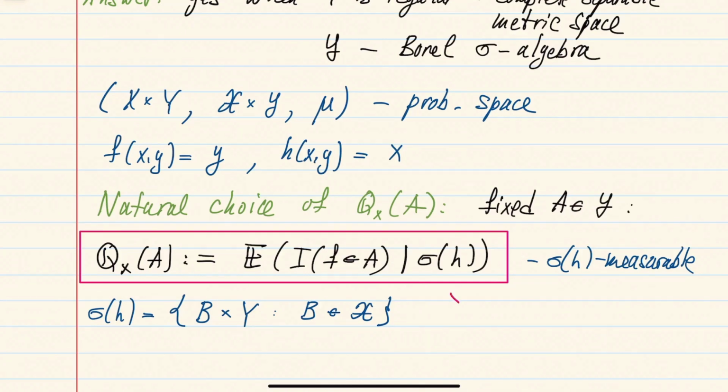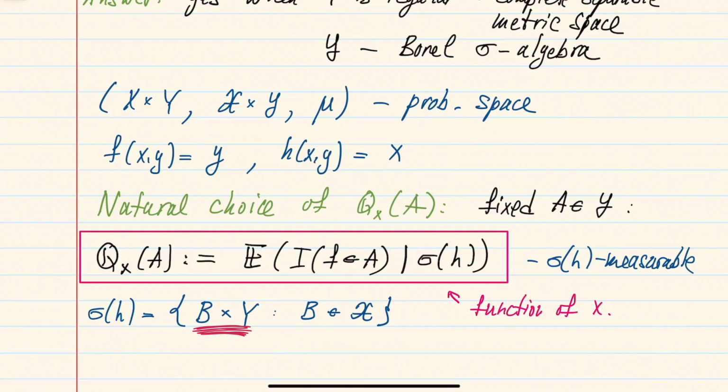Right? So indeed, I denoted this on the left-hand side as a function that depends only on x, and it is indeed a function of x. Because if for a fixed x, it would not be a constant depending on y, then on that particular slice, you could have a preimage which is not of this form, right? Which is not given by a rectangle with no constraint on the second coordinate.